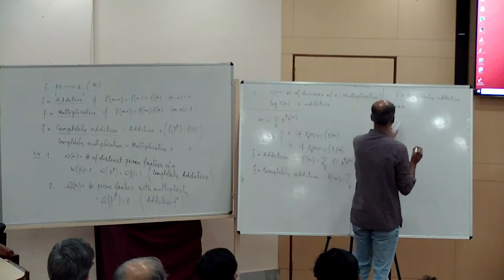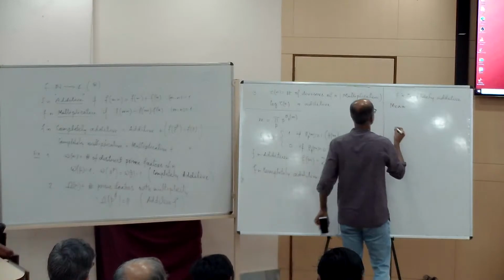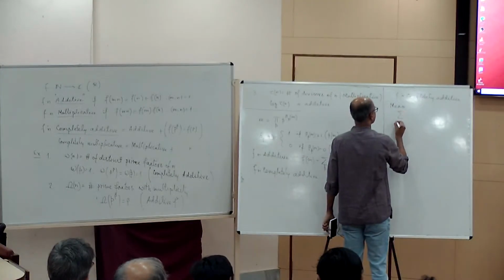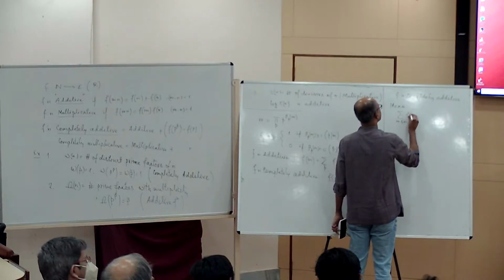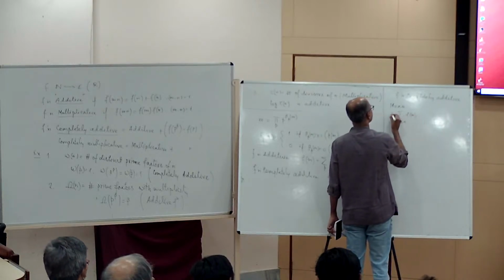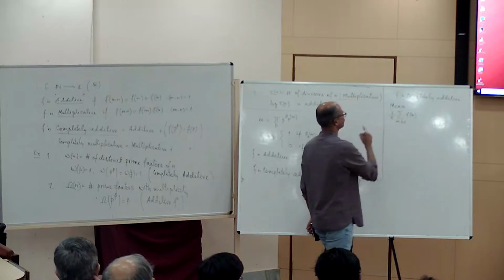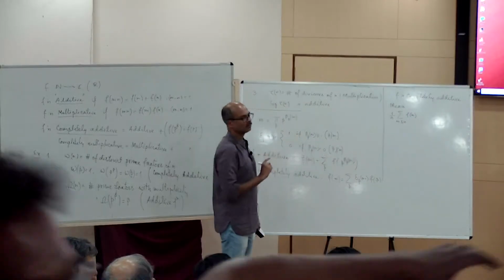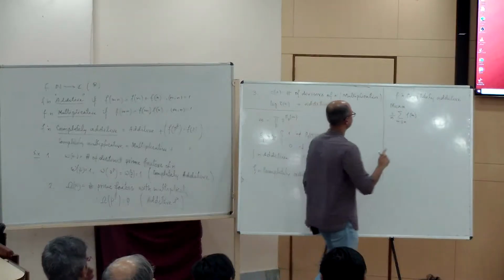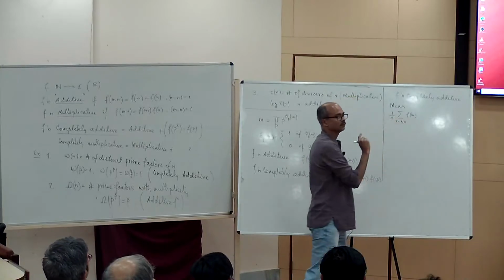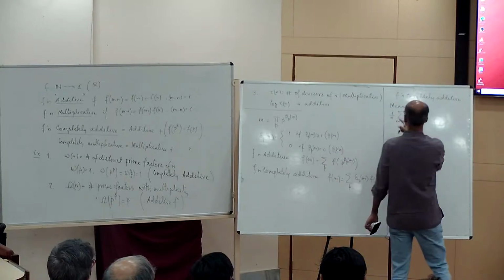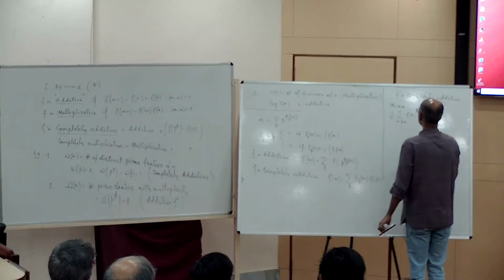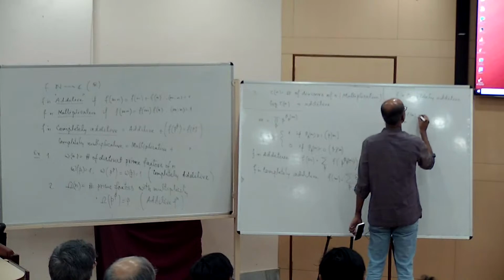So, it is the sum over m less than or equal to n of f of m, then multiplied by 1 over n. So, we are summing from 1 to n of the values of this function, and then dividing by the number of integers you are summing over, which is n. So, this is equal to